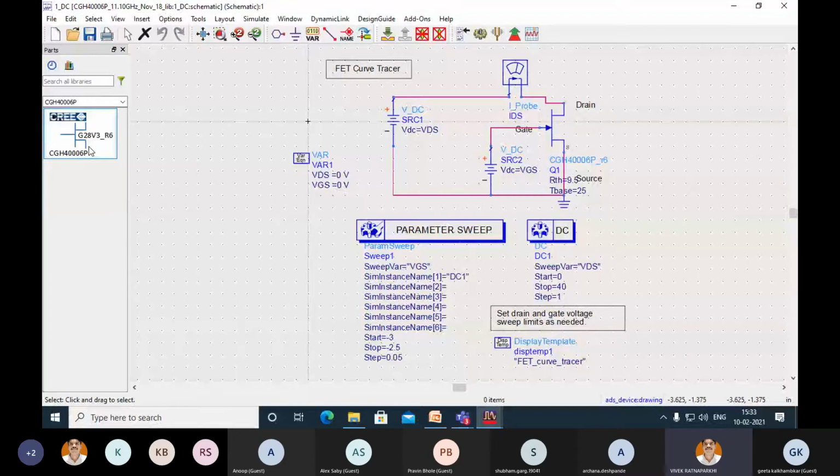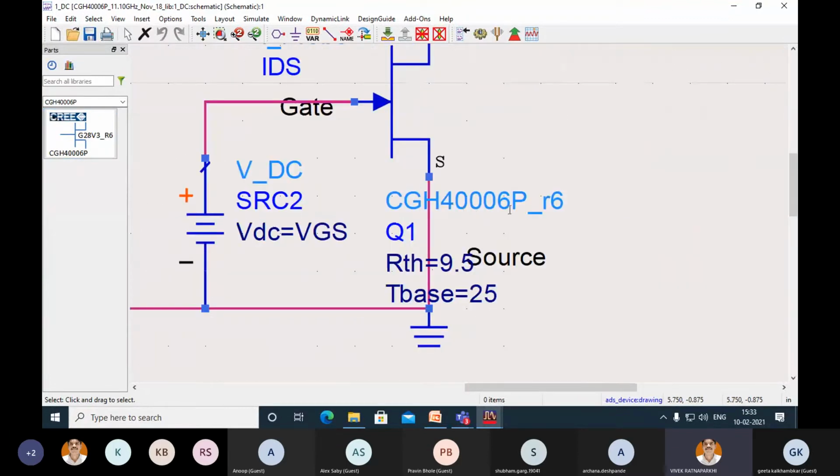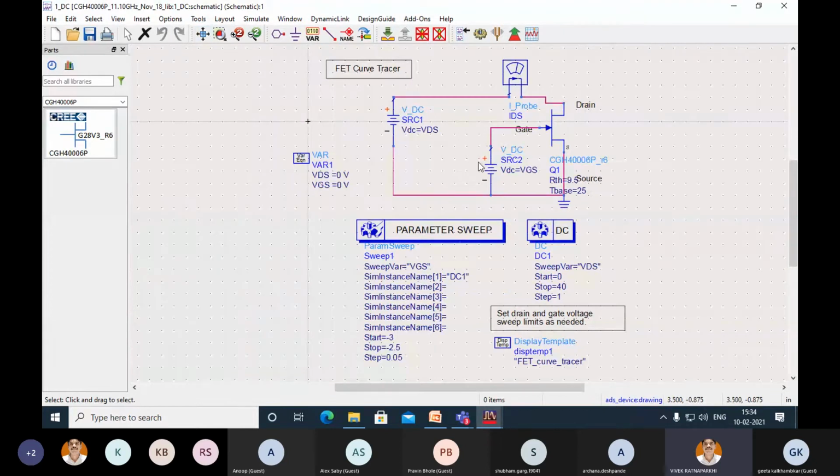So that I have done. I have registered over there, downloaded the Cree nonlinear model for this particular transistor, and I have used it. So you can see here it is CGH 4006P. If you try to search this transistor in our microwave transistor library, or maybe any other libraries available in ADS, it is not possible. It is actually not there. You have to take it from external manufacturer and import it to the ADS. So the same way you have to do, you just have to unzip this file, but the path will be where you have saved your zip file of this particular transistor nonlinear model. Okay, and these things are pretty simple, which we were doing for the last 2-3 examples.